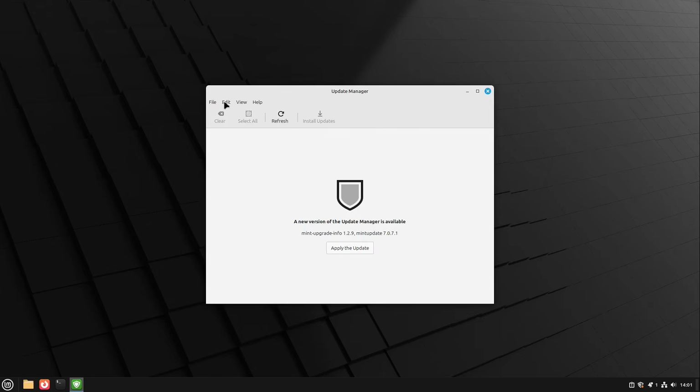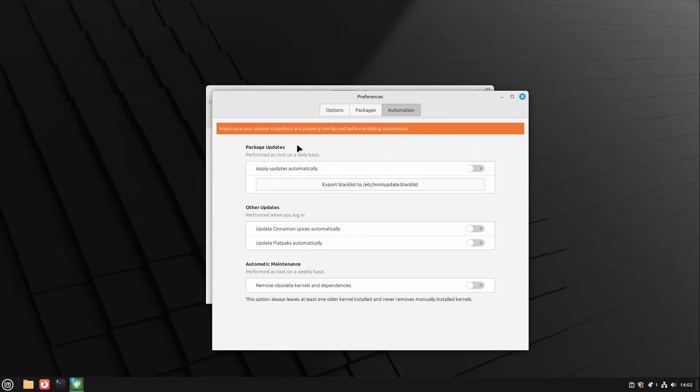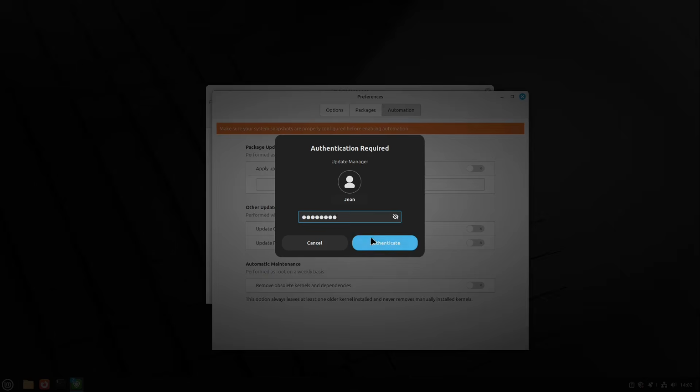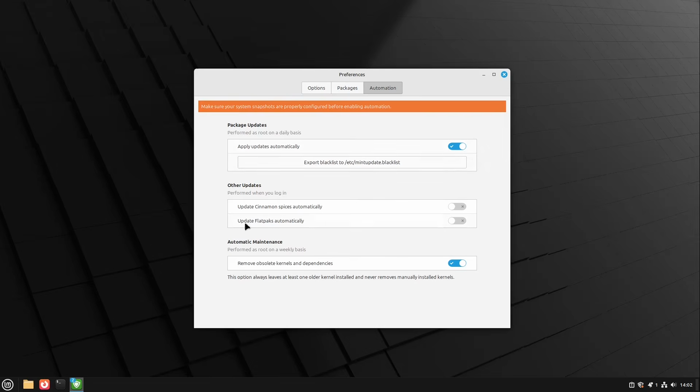So for that, I hit edit and I go to preferences. Here in preferences, I go to the automation tab, and here I can enable all 4 things. If you followed the last tutorial in this series, you already have these 2 enabled because Linux Assistant did its job perfectly, but I also highly recommend selecting the other 2 update options, and then